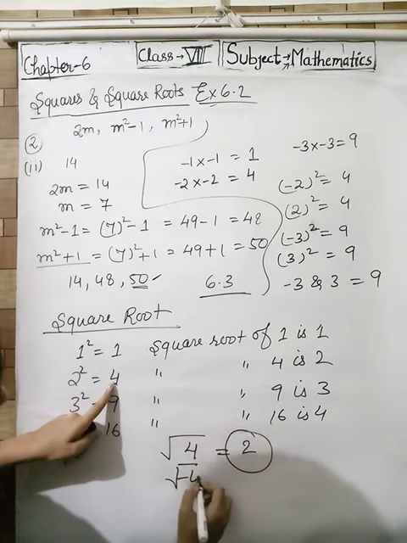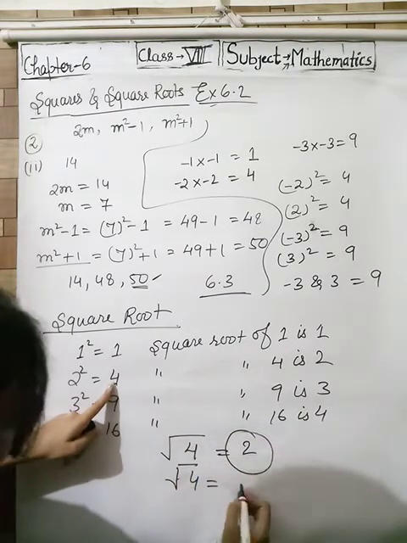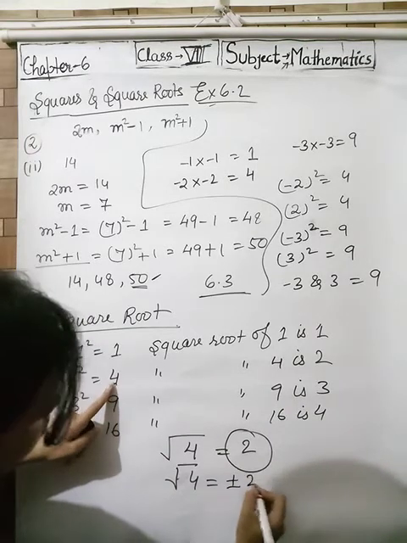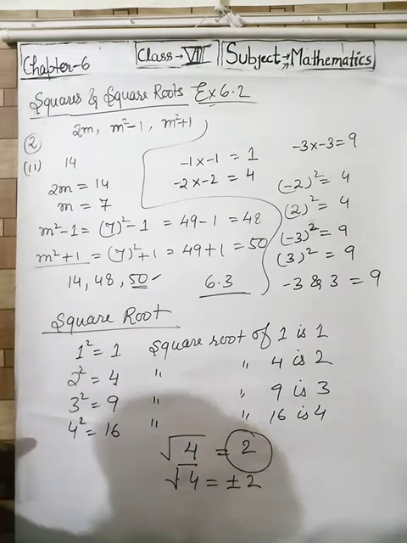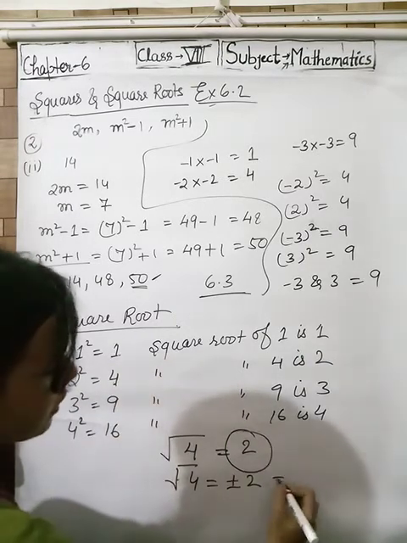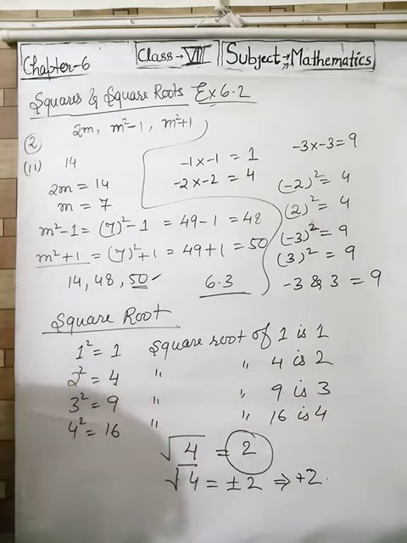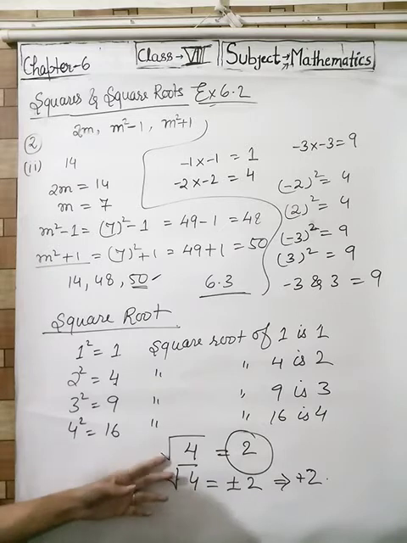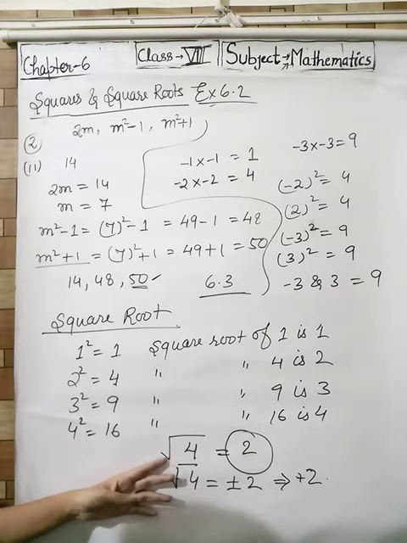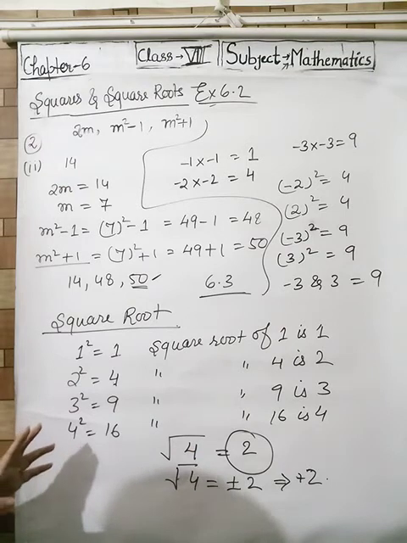Actually under root 4 is equal to plus minus 2, either plus 2 or minus 2. But in this chapter we will discuss only positive values. Okay. So what is square root? The square root of a number is represented by this symbol, which is obtained by